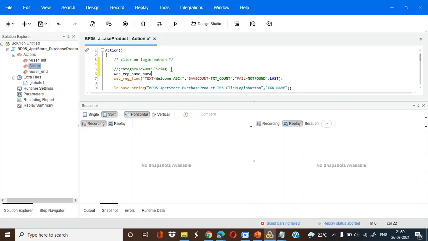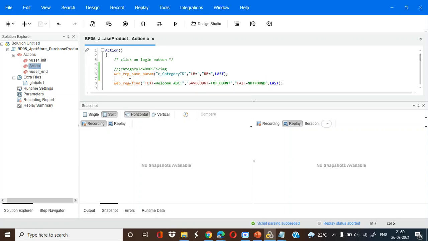Say param, mention c underscore category id, lb equals to, rb equals to, and last. Save it, paste. Okay, we'll save it,